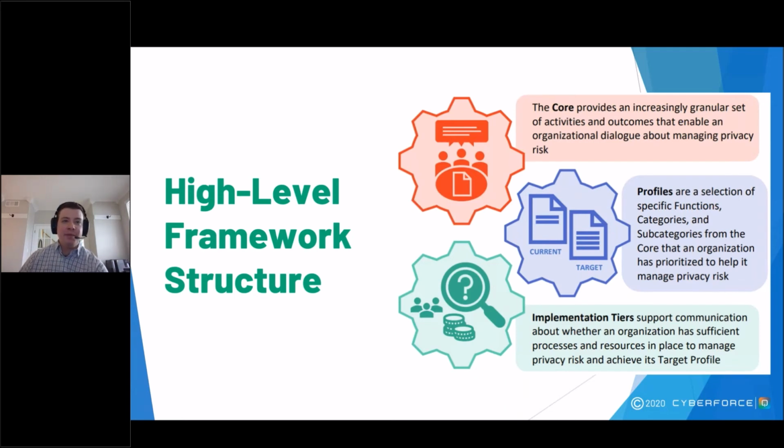And then finally, NIST has something called implementation tiers. This is the third major part of the document. There are 4 of them, and they're used to help understand and convey the maturity of each of the individual categories in the framework. Tier 1 is called partial, Tier 2 is risk informed, Tier 3 is repeatable, and then Tier 4 is adaptive. As you can imagine, these tiers describe a few levels worth of maturity advancement, and specifically they focus on the privacy risk management process, integrated privacy risk management, data processing ecosystem relationships, and then the overall standing of the workforce.